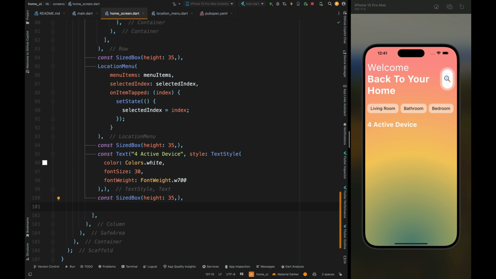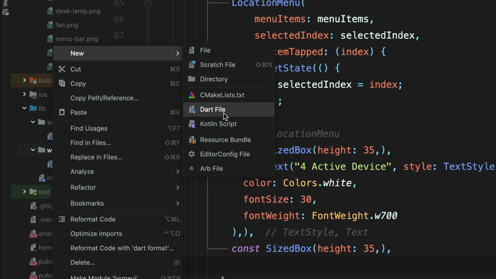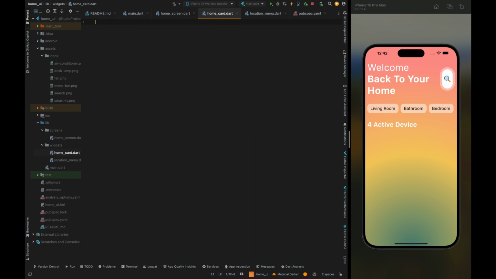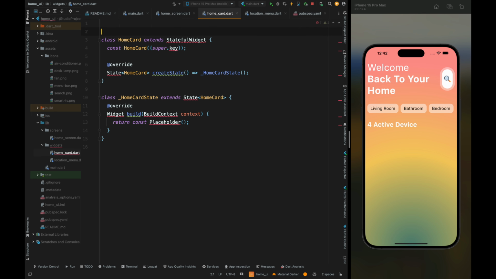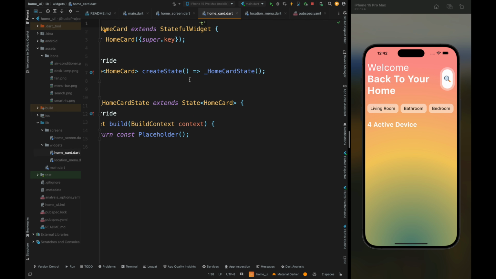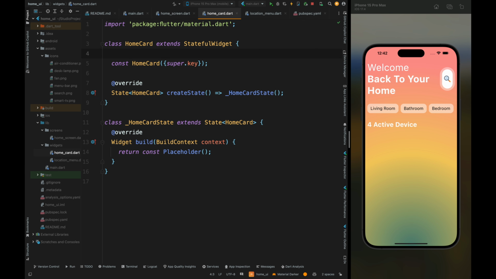Now for building the cards for the home screen, first let's create a new file inside the widgets directory, as home_cards, then come into this home_cards, and here create a stateful widget as HomeCard, then import the material package. Then come inside this card class, and here let's first create the variables which we are going to use